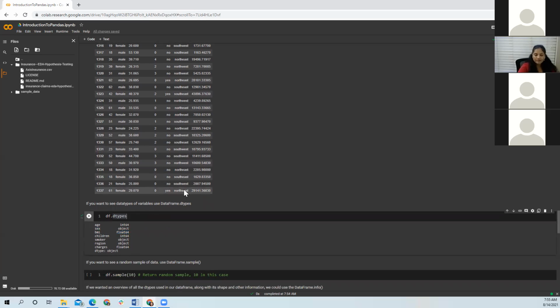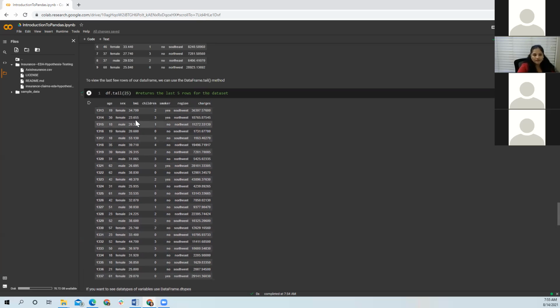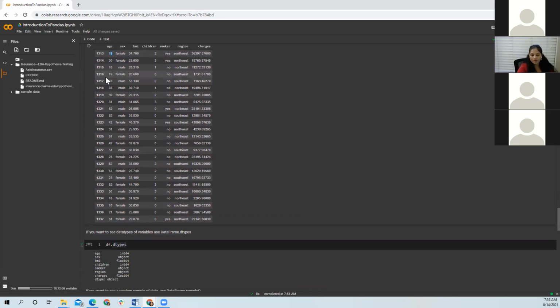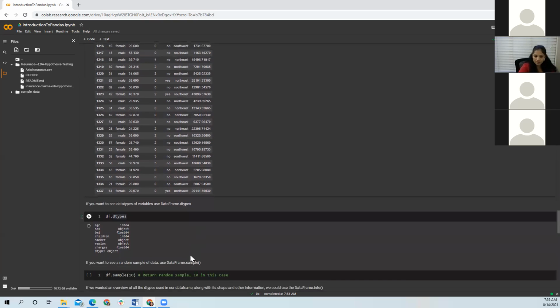But sometimes there are times when Pandas doesn't select the data type correctly. For example, if this age had something like 19 years or some other thing added to it, like 19 and YEARS, then Pandas would consider age as an object instead of a number. But if we want to do some calculations based on this, we will have to remove that string and change this back to a number.